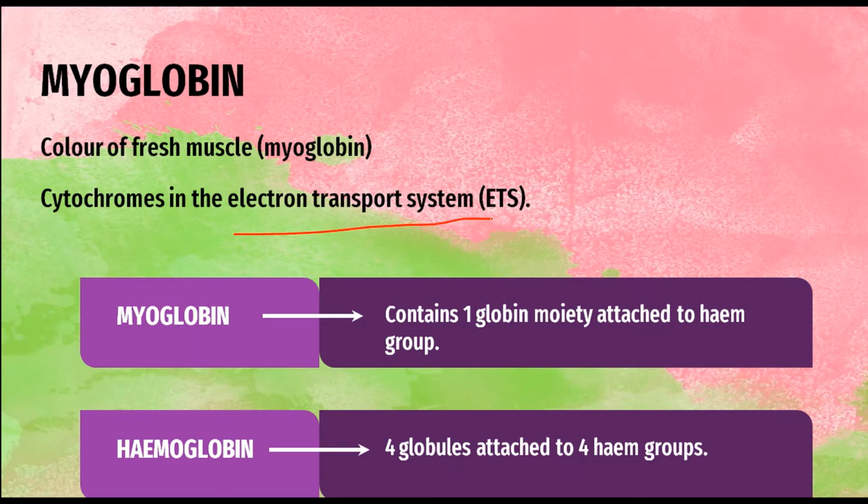Complex proteins are divided into two parts. The first one is the protein part, which is called globin, and the non-protein part is called heme. H-A-E-M, heme. It is like the chlorophylls, where 4 pyrrole units surround one atom in the center, Fe positive. See, like this. It is present in the center with 4 pyrrole units.